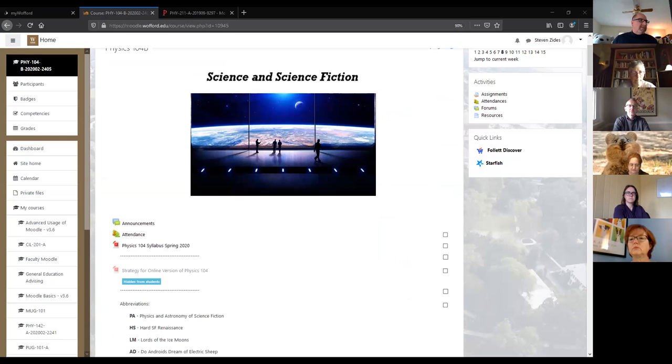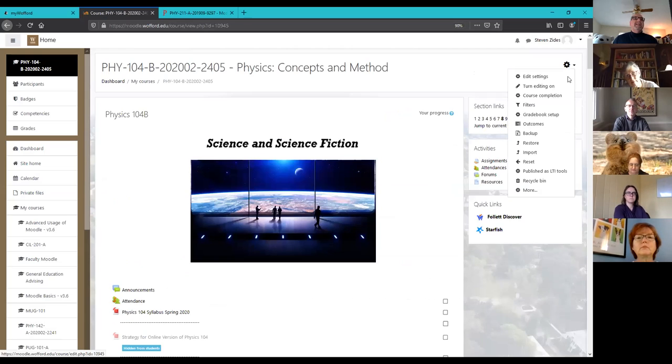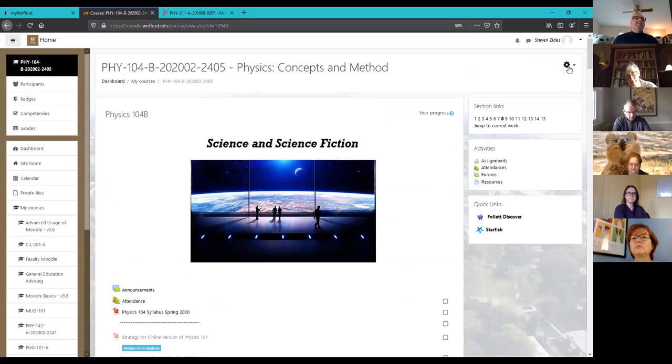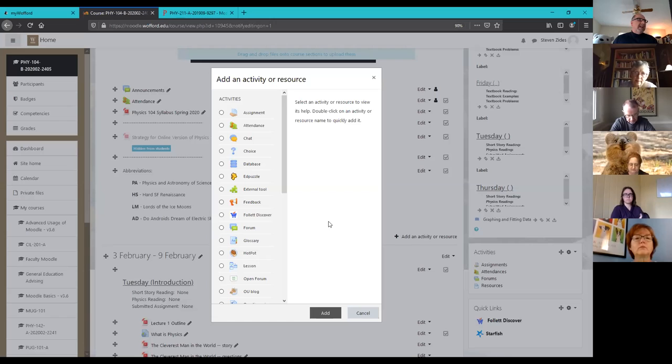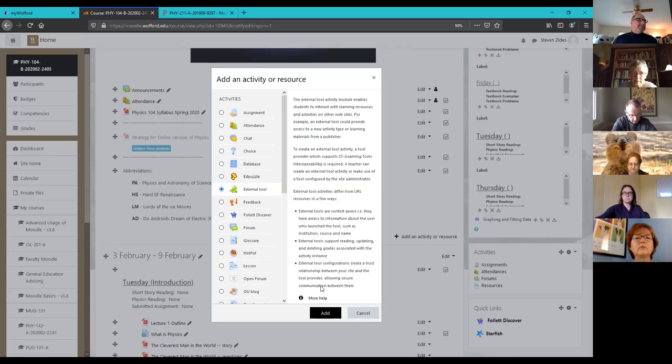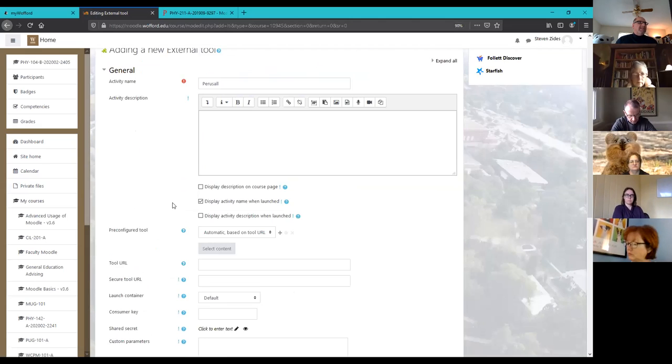Go back here to this. Okay. I'm going to go down here and I need to turn on my editing. Okay. I'm going to go down here and add an activity. And I want the external tool, like that, external tool. Okay, now I need to add those 4 things. Not too bad. First one, Perusall, done. The other ones you can't see yet. You have to do the show more, but if you show more, okay, down here,